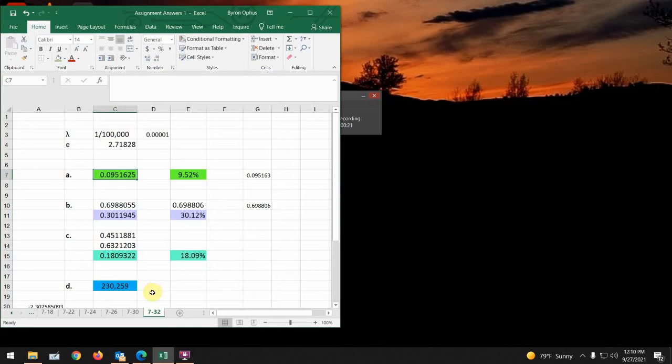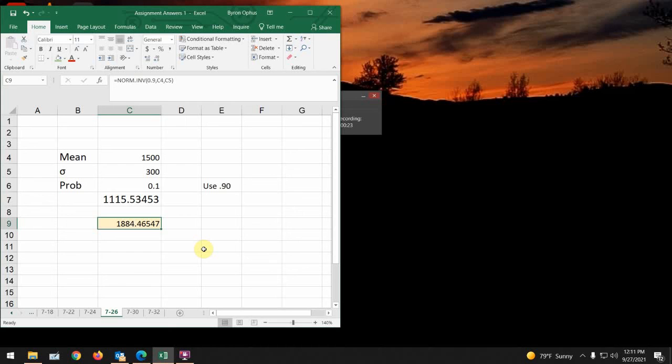I'm getting pretty well done with correcting the problems for chapter 7. I got a couple left to go, but here we were talking about, if you read the story problem, the average, or the mean, score for SATs was 1500, standard deviation being 300, and this college wanted to get just the top 10% and offer scholarships or admittance, whatever the case may be, right? Okay, so if the average score is 1500 and the college wants the top 10%,